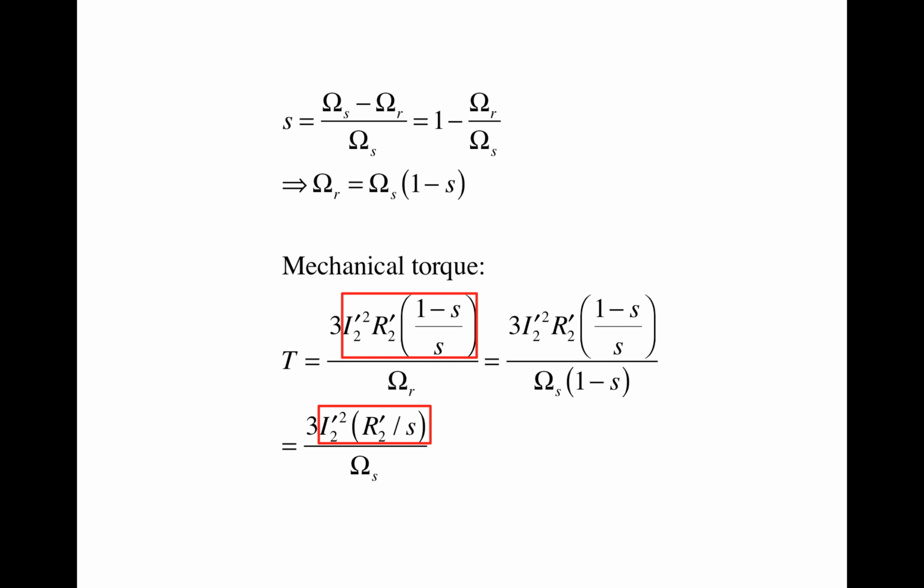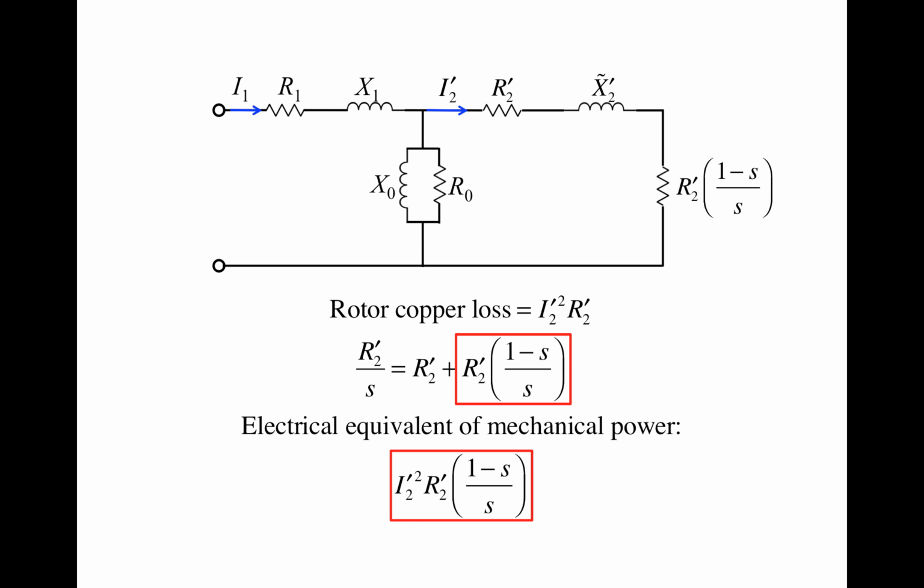So the mechanical power equals to what? Here we still have no idea what I2 prime actually is, but we'll worry about that later on. What I'm saying is that I2 prime can be solved. We haven't actually solved it, but the solution can be found. What exactly is R2 prime? All those things can be figured out, and we don't have to figure them out because other people have solved the problem for us. Later on we're going to look at other people's solutions. But now let's try to understand